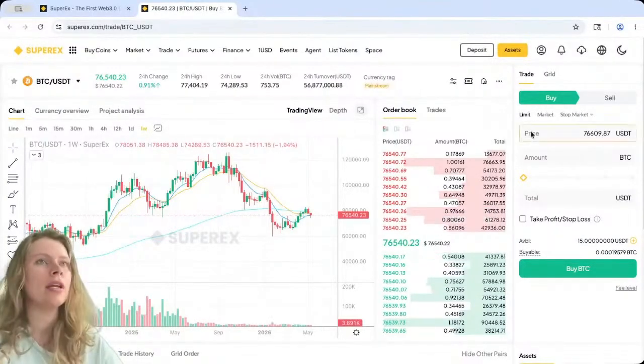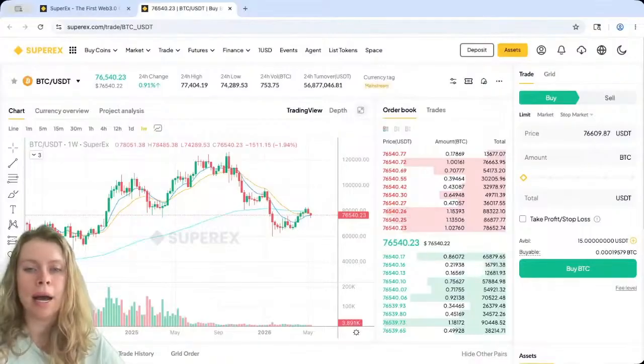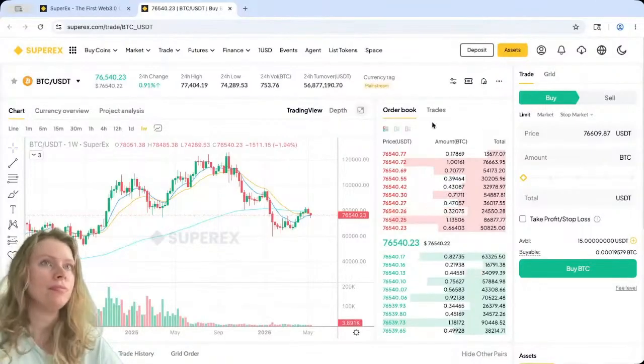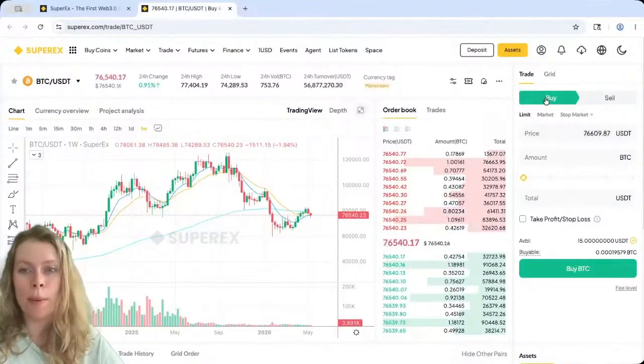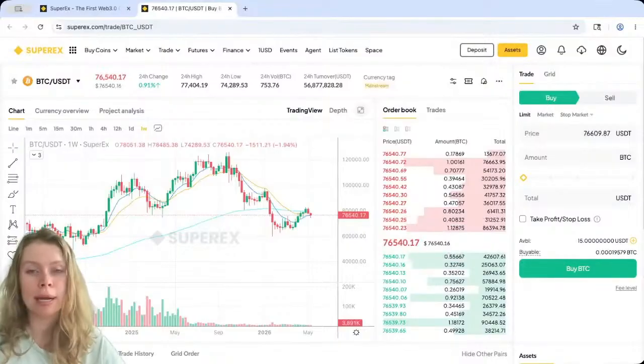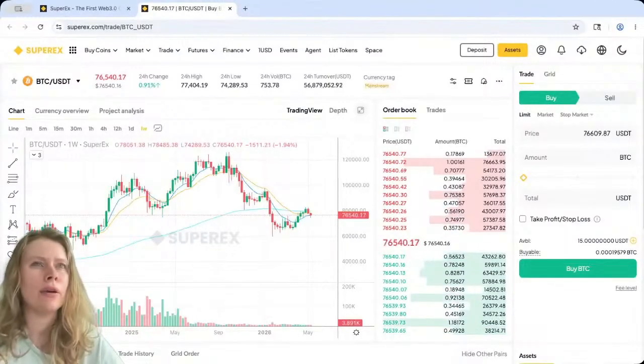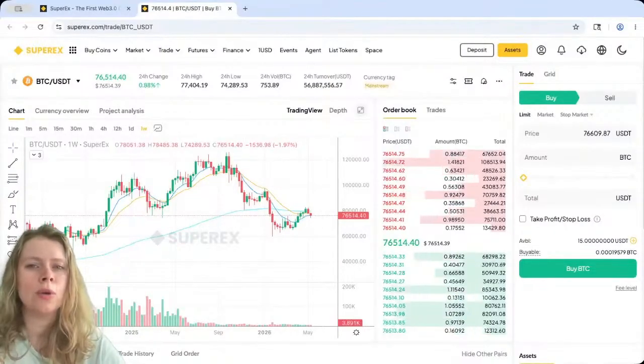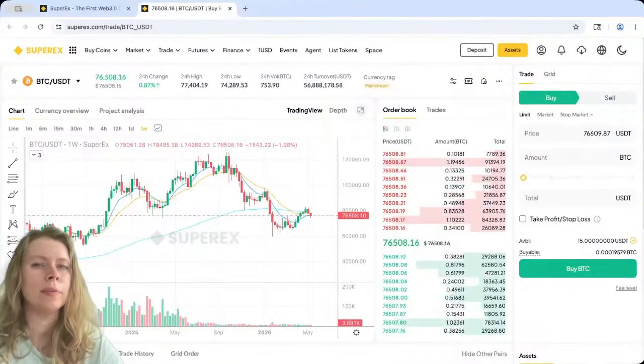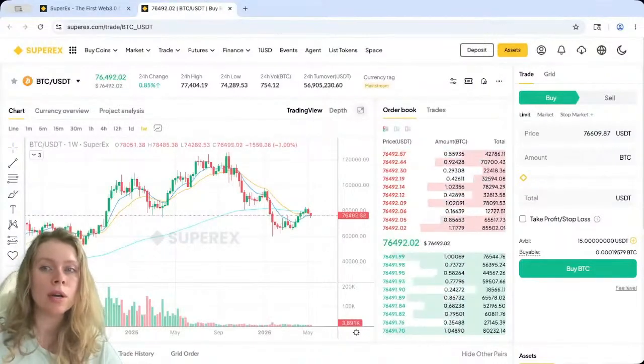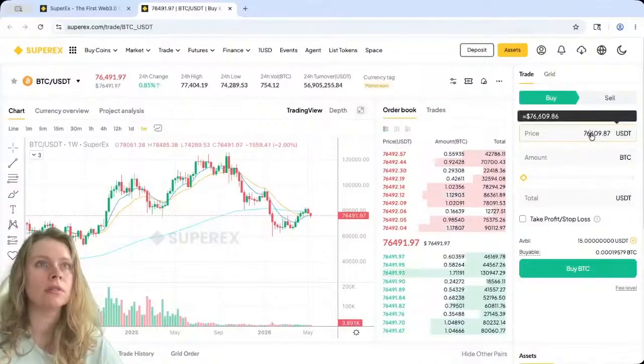All right, now we're gonna set our buy price. Remember, we're buying today, so always make sure that green button is on. Bitcoin is sitting at around $78,200 right now. But maybe it's gonna dip a little, so I'm gonna offer